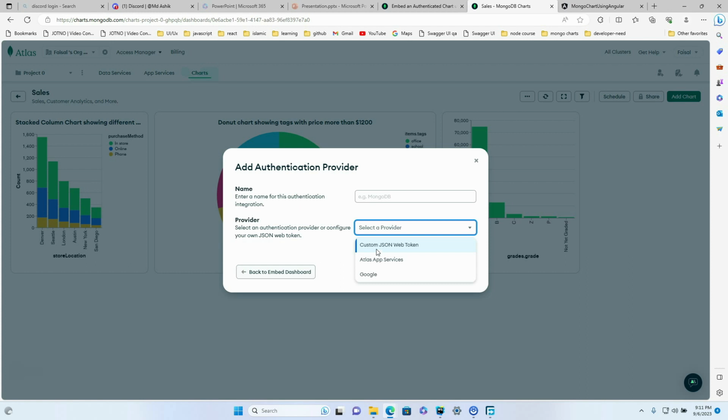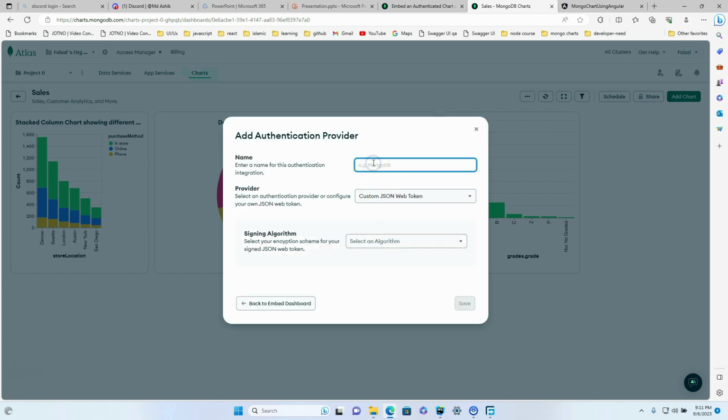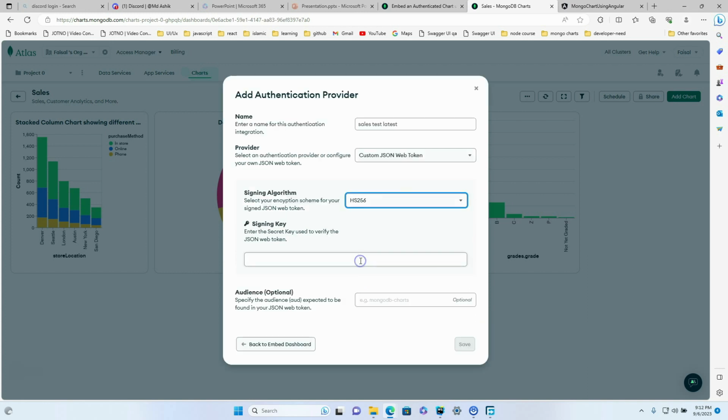So let's select one. As we are going to implement custom JWT token, we will select that and give a name called sales test, and then it will ask you to select an algorithm for this JWT. There are two methods called HS256 and RS256. I will select HS256 and give a signing key. Remember that this signing key will be needed when we are going to implement a server